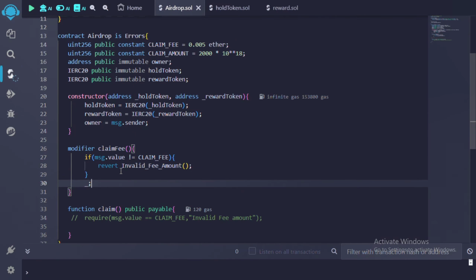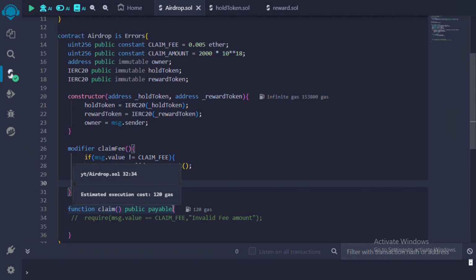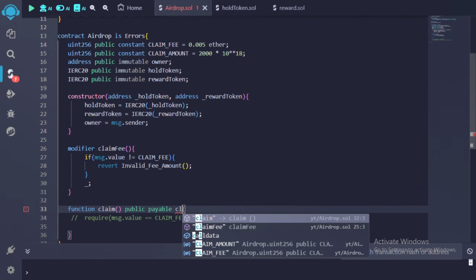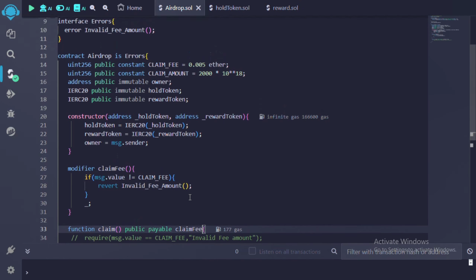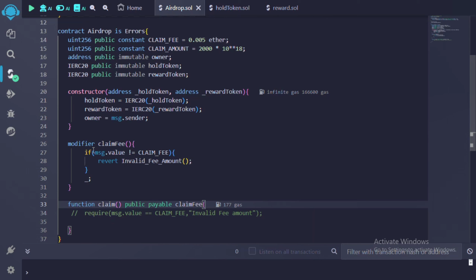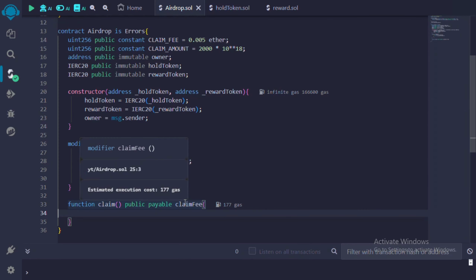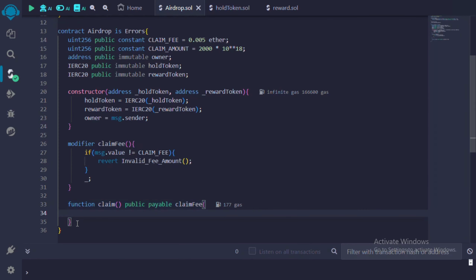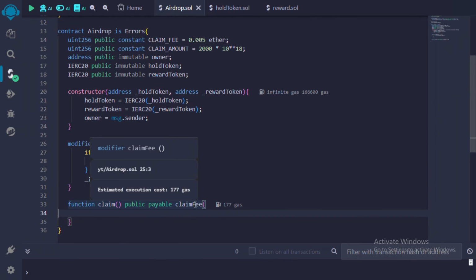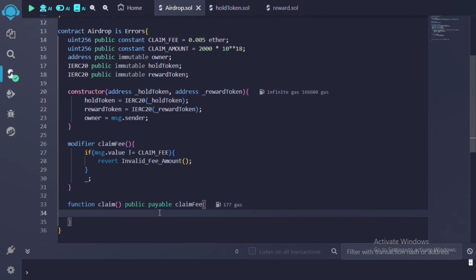Insert it here. So this claim fee modifier does the same thing as checking if the amount of ether was sent correctly. Why we added the modifier to our function is so that once we hit this claim fee, this modifier will run first before any code in the claim,